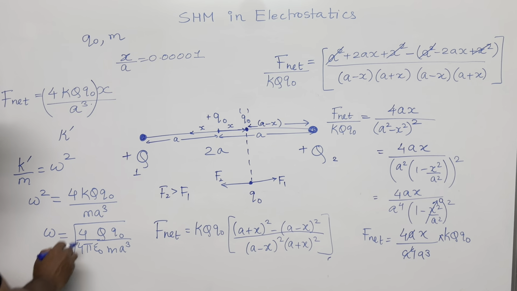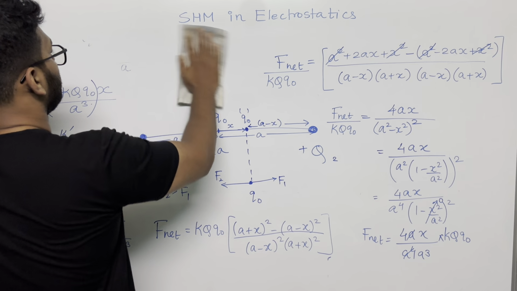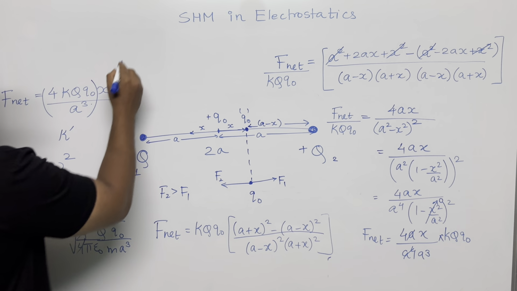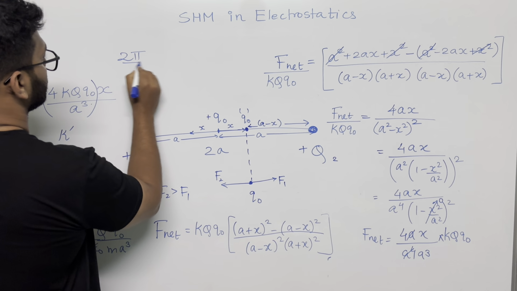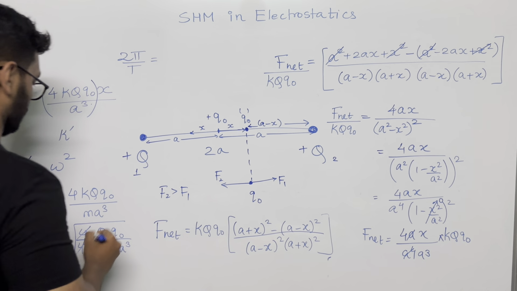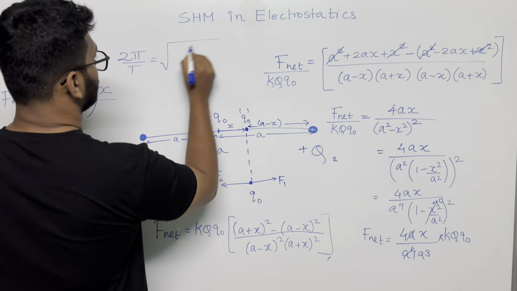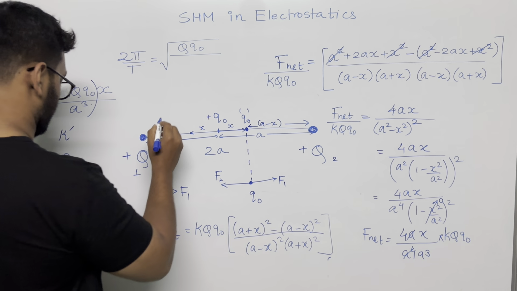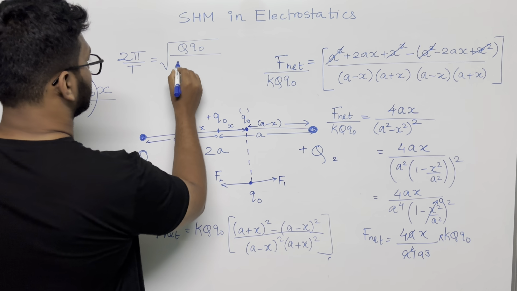Now you can cancel out this 4 here. And now what is the time period as asked in the question? So the time period will be 2 pi by T is omega. So this is equal to square root of q0 divided by pi m epsilon naught aq,